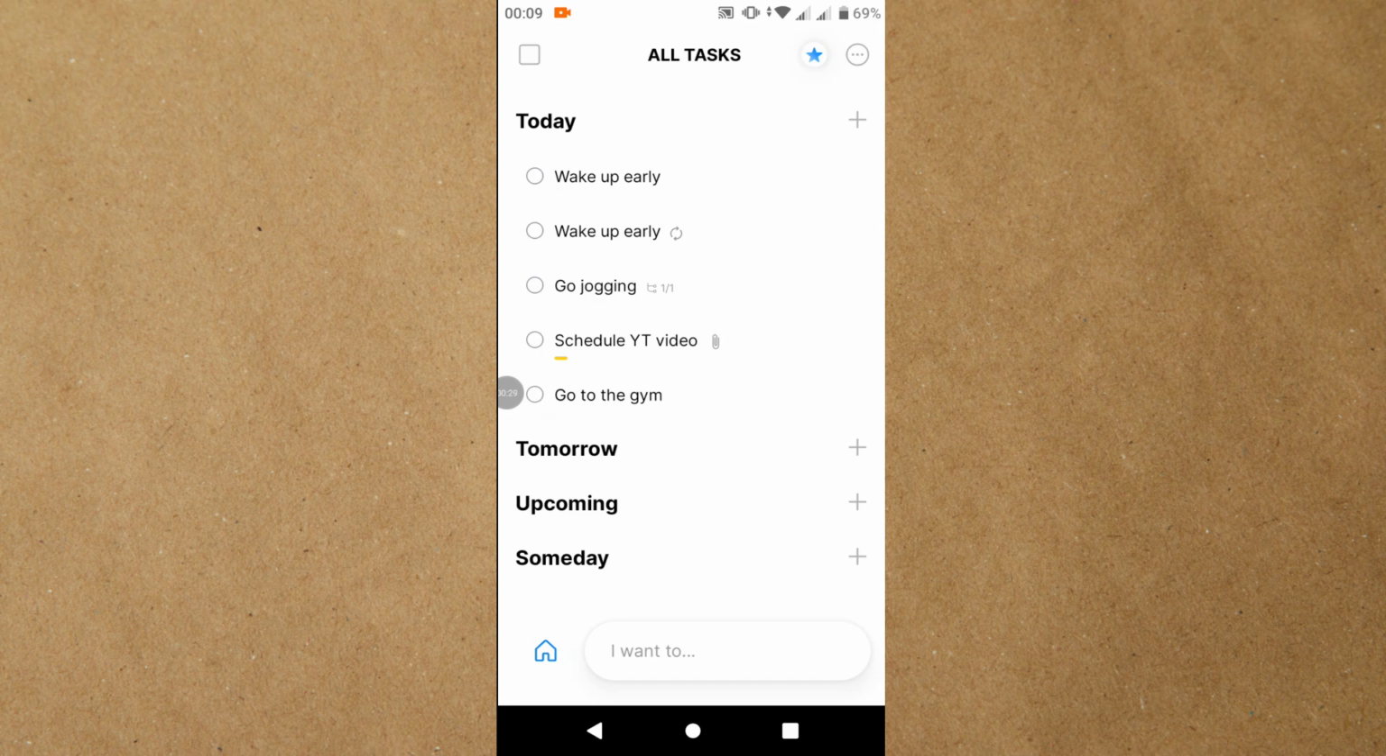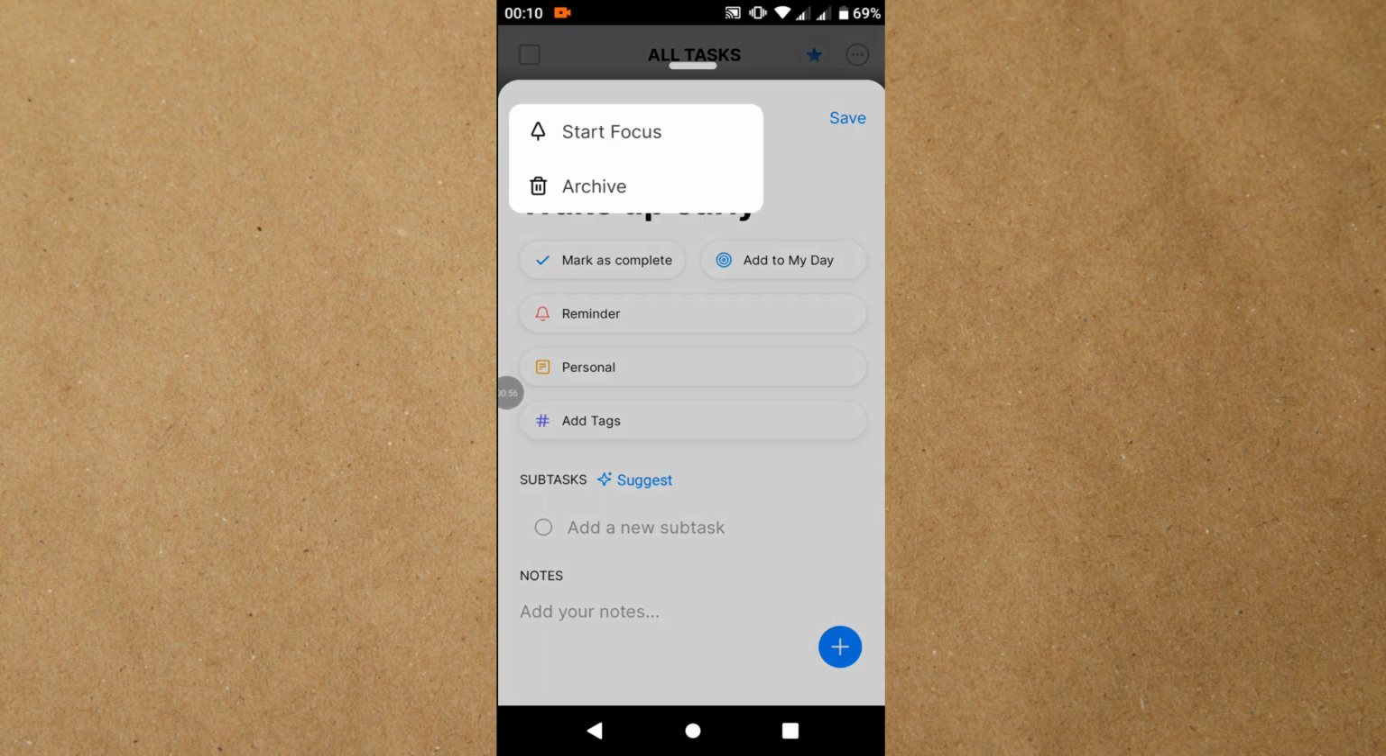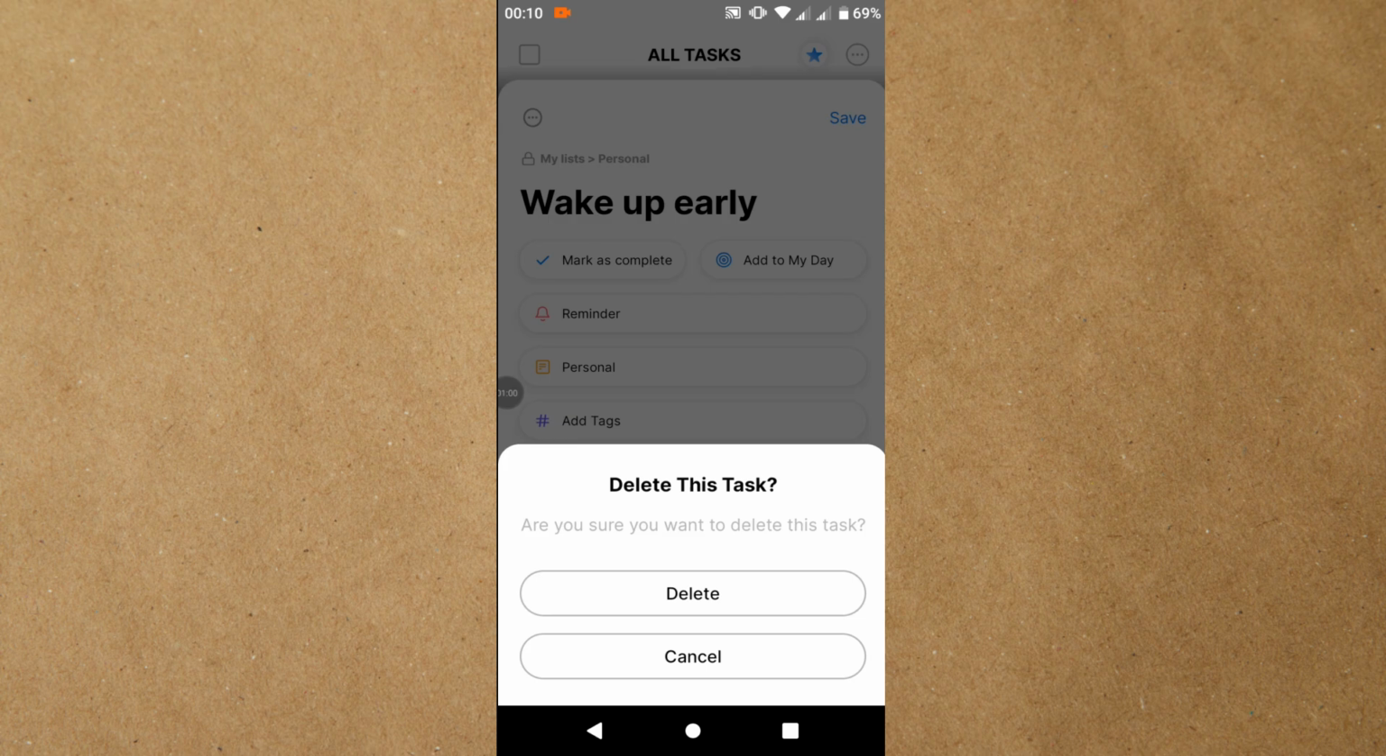So archiving means in the Any.do application guys that you technically remove or delete the task. So what you want to do is tap into these three dots in the top left corner and select archive. And after that, the Any.do application will ask you if you are sure to delete the given task. So if that's the case, tap into delete, just like that, and that is going to remove the given task